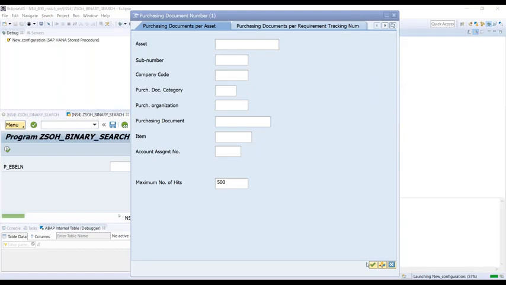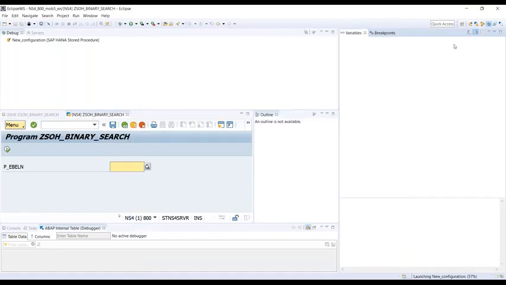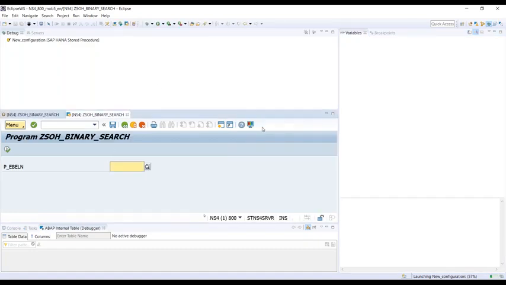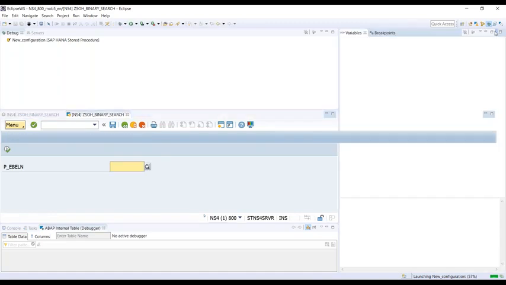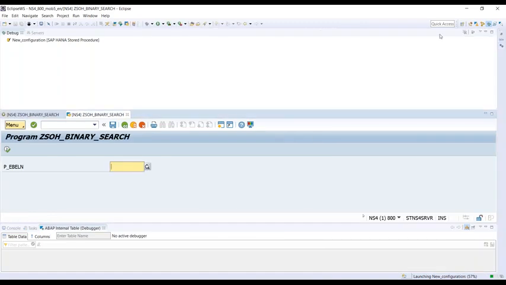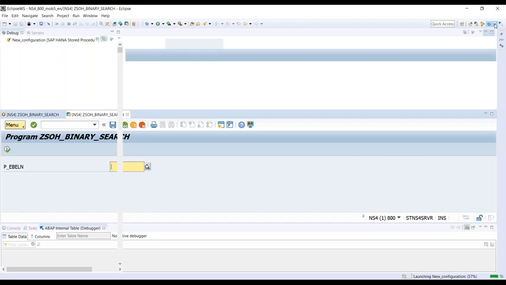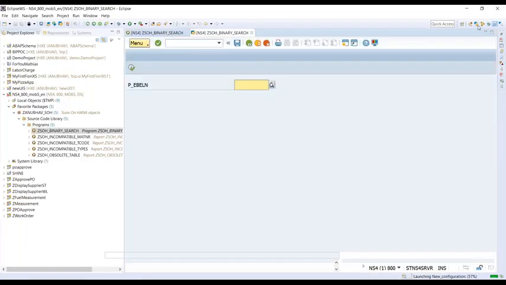Okay, there is no data in the system, but actually that's the issue, because we are now doing a binary search with the read table, and there is no sorting done based on primary key. That's exactly the finding, guys. And I will show you here again on the above perspective.